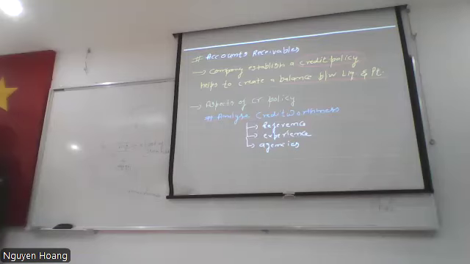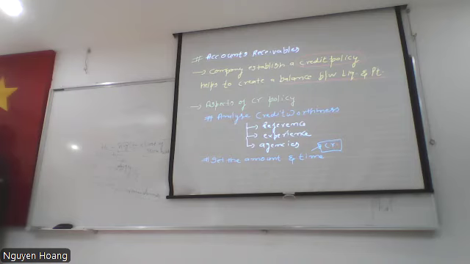Next one is credit policy. In credit policy, the company also sets the amount and time. They set the amount and time. Time means when companies sell product on credit, how long the company gives them to return the money back. This is called time. They set the time allowed. All right. And amount means